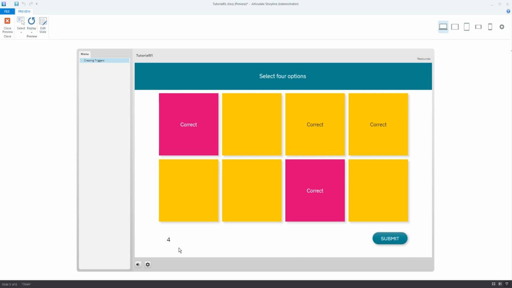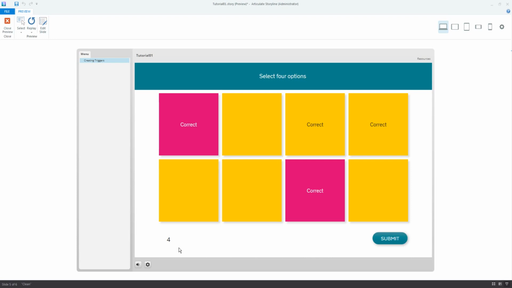So to make sure that the submit button only becomes enabled once 4 cards have been selected and not clicked on, the variable count has to behave in the following way. If a user selects a card, the value of count needs to go up by 1.